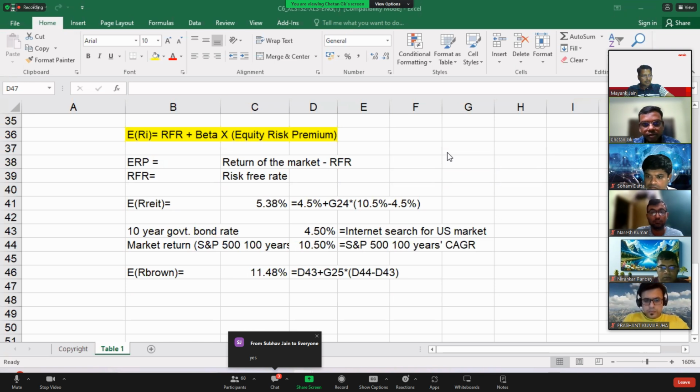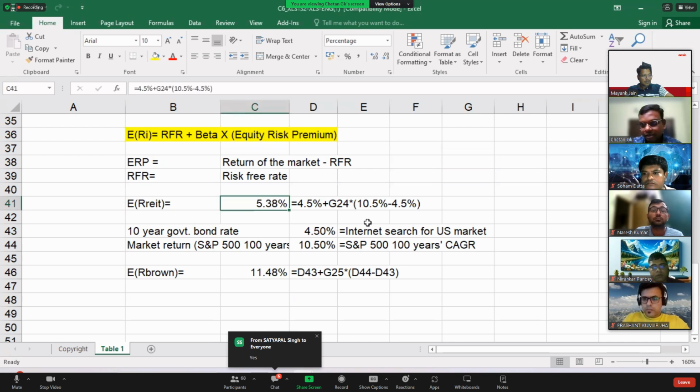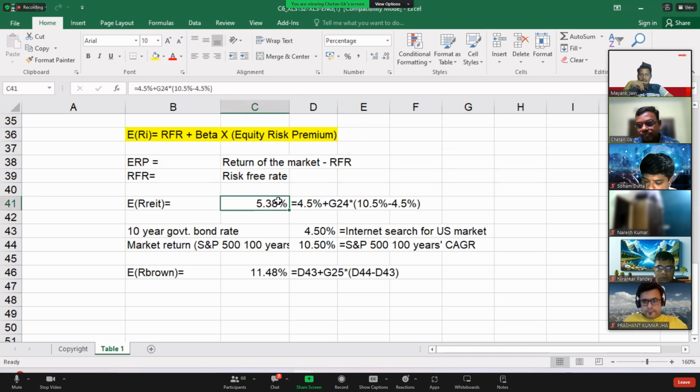Varun, Subha, fine. So now we have understood how to compute the expected return. Why do we call it expected return? We can expect that this much is the return you can actually expect from this particular stock in the next year. That is what it is. Understood now how to compute the expected return of the security?